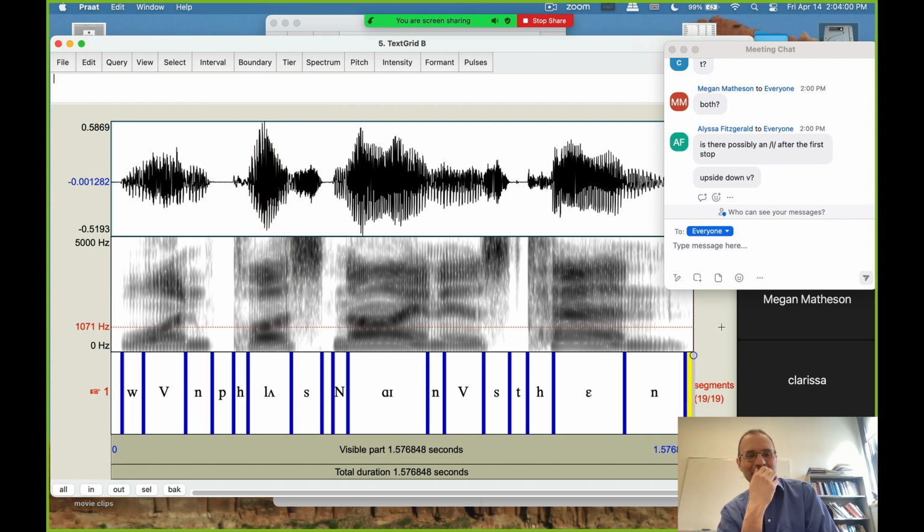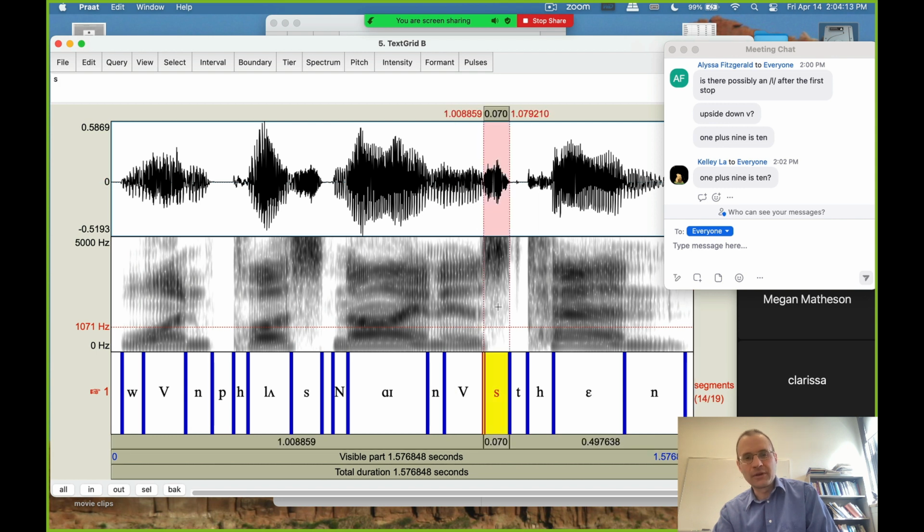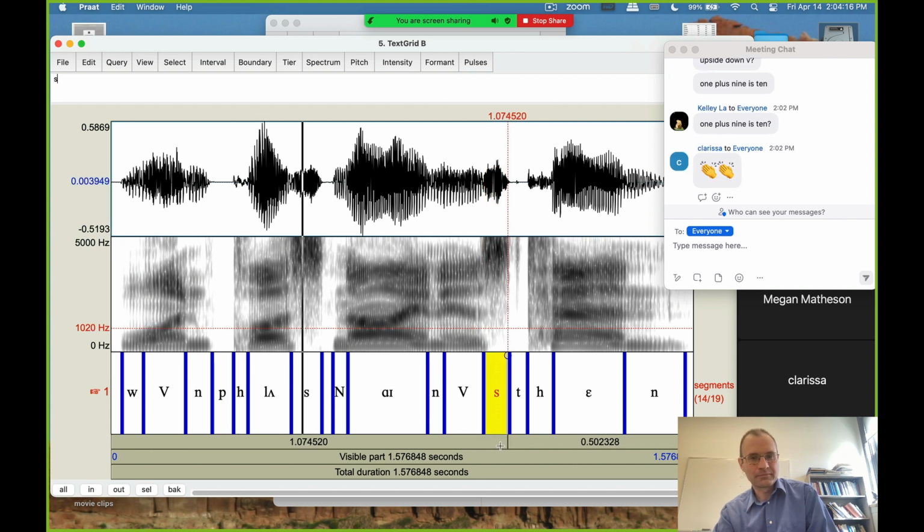Does anybody want to solve the puzzle at this point? There's not a lot left for us to work with. Yeah. So 1 plus 9 is 10. Right. It might fool you a little bit that this is not a voiced Z, but it comes right before a T, and I might devoice a little bit there. 1 plus 9 is